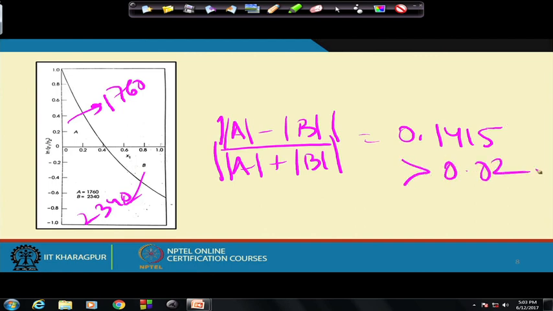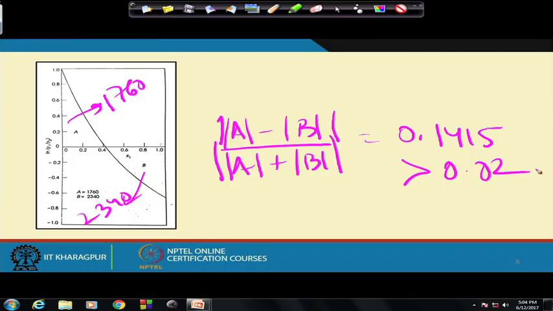So, with this what do you conclude? You find out that in this case the data is not thermodynamically consistent. We had wasted a good amount of time in finding out the data and in using the two suffix modulus and the Van Laar equation, but in reality the data was not thermodynamically consistent. At least from the fragmentary thing that you have done, it appears that it is not thermodynamically consistent, but it